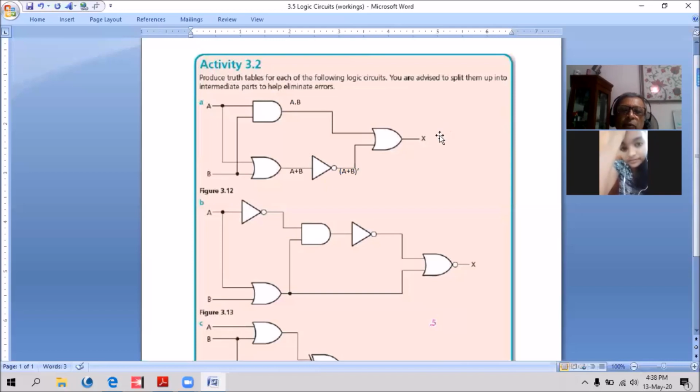Now what is the output here? A plus B inverse.